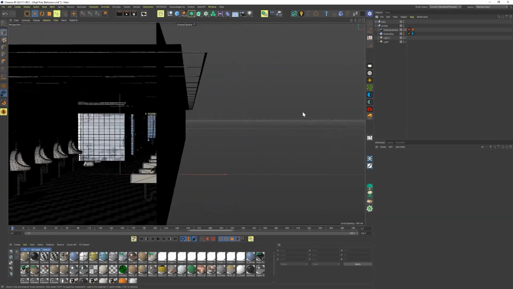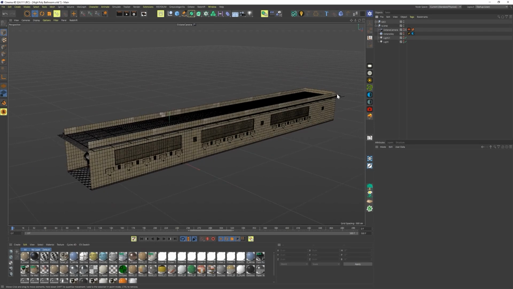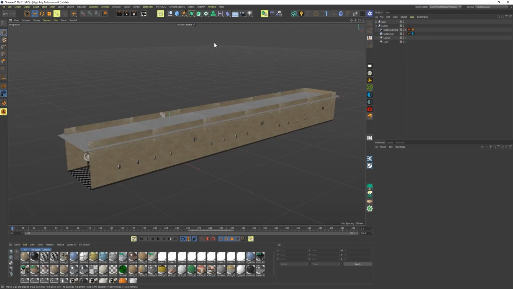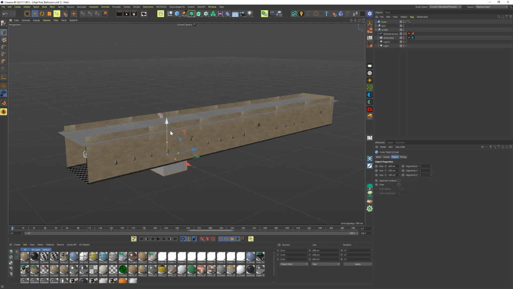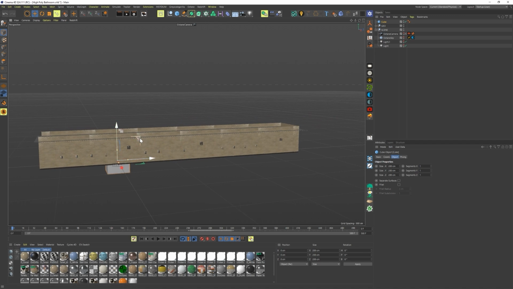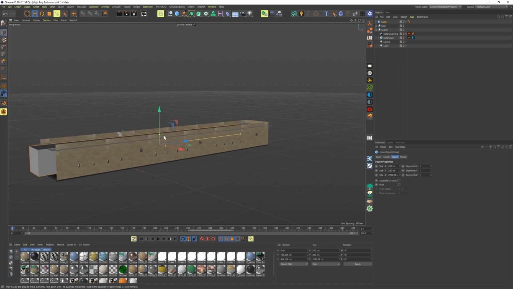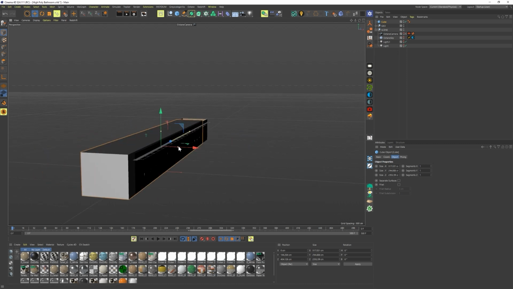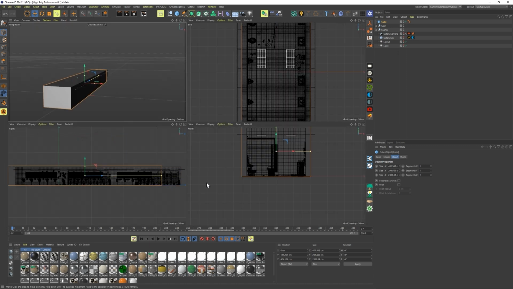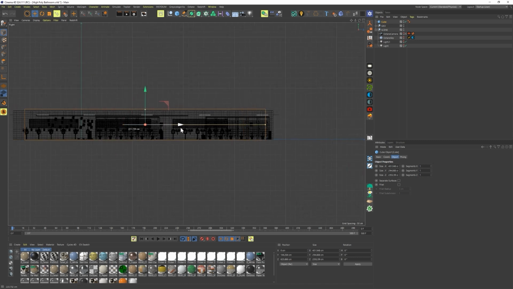Okay, so the first thing we're going to do here is, let's go back into and hit NA. I'm going to create a low poly cage that's going to be the driver of our animation. So I'm going to bring in a cube. We're going to bring it into the center here and scale it up to roughly the same size as our environment here. I'm going to go to the side view so we can